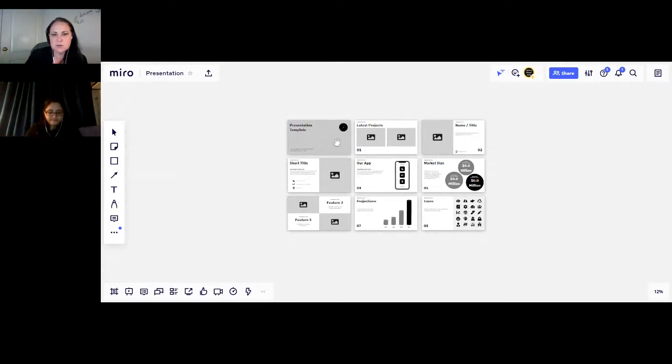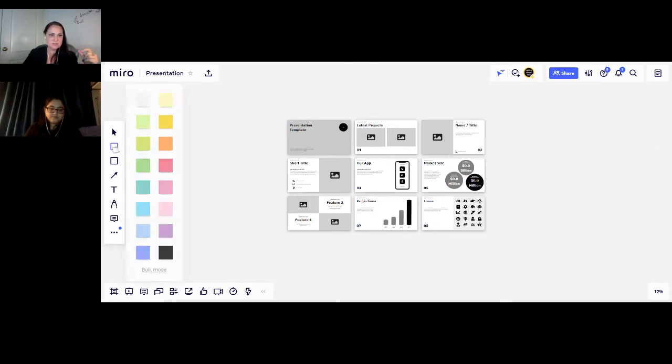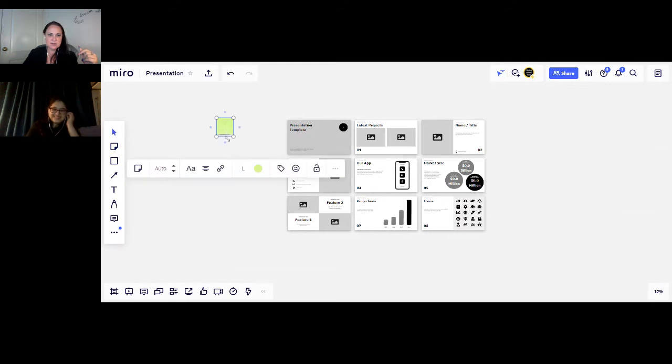And you as the host, especially if you are from a university or a school, you can already have your university or school branding. If this is an event that has been sponsored by somebody, you can have their branding and their logo already set up on the template. And then you say, okay, with those little sticky notes, I can go in here and say, oops, sorry, I want a sticky note. I can go in here and say,